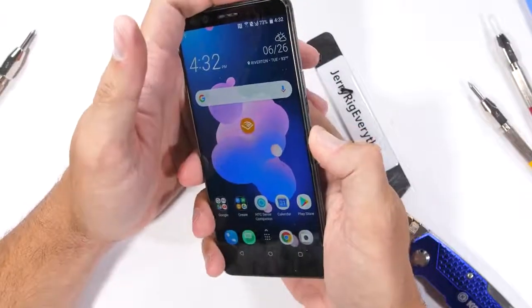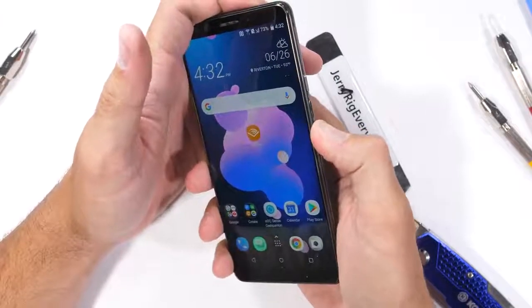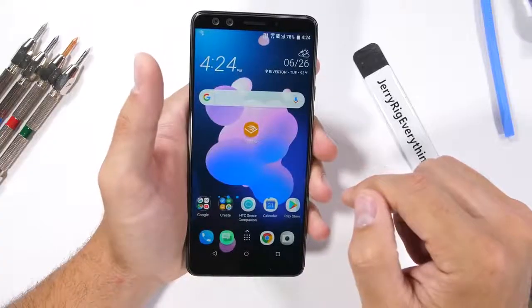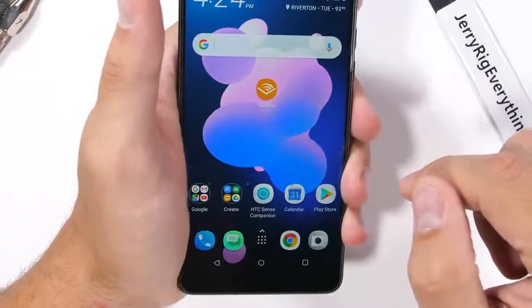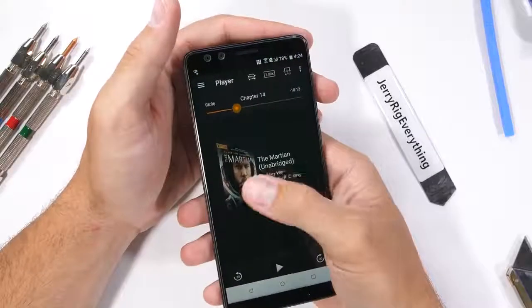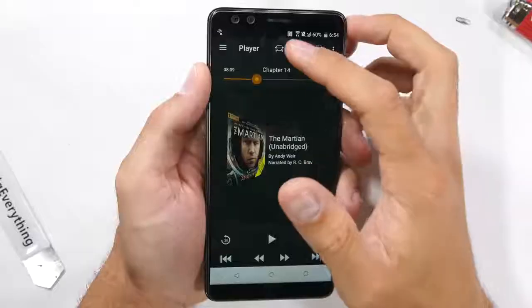Now my phone won't turn off and I can only listen to things at full volume. HTC left their squeeze functionality in place and even upgraded it to EdgeSense 2. Every time you short squeeze or long squeeze the sides, something will happen. Personally, I set my short squeeze to open up my Audible app, because that's just the easiest segue into the